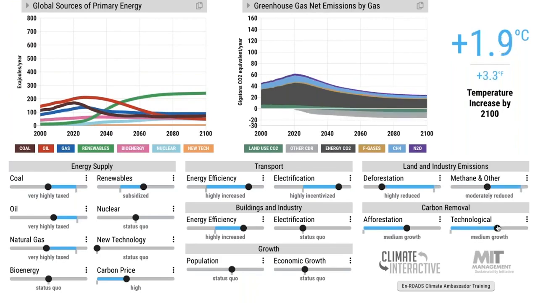How we like to say it is, you can't plant a garden with one seed. You've got to plant a garden with many, many seeds. So that's the second insight you're going to deliver. The third is that it's possible. We still can technically limit warming to no more than 2 degrees.